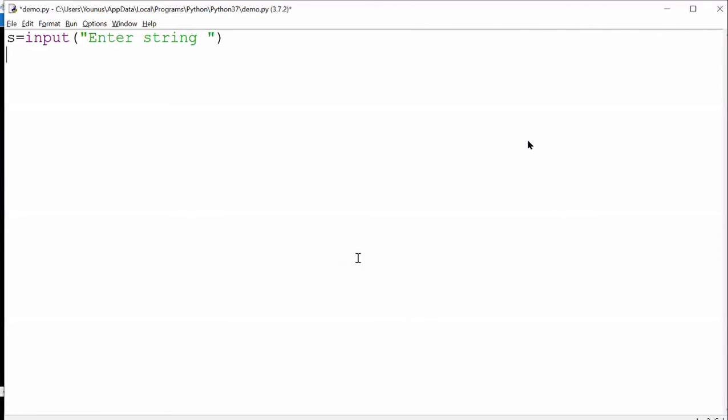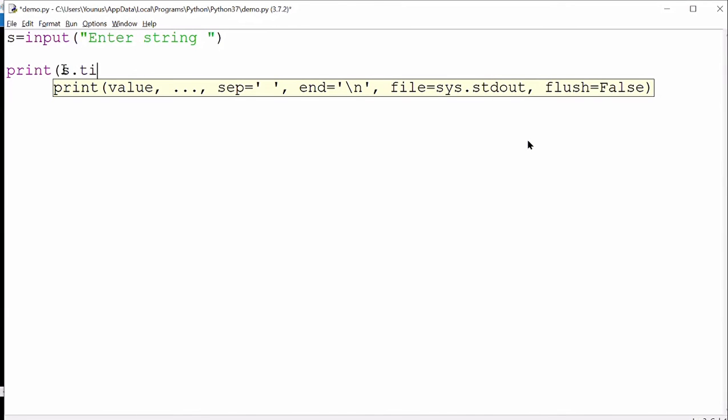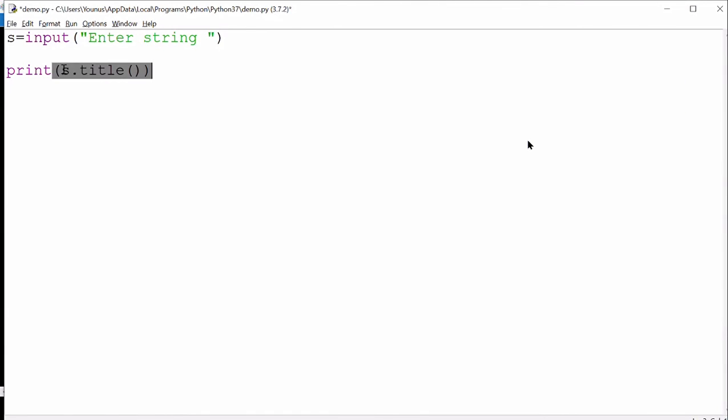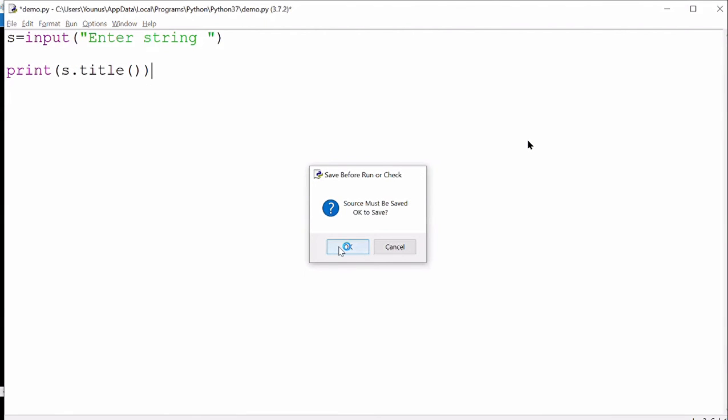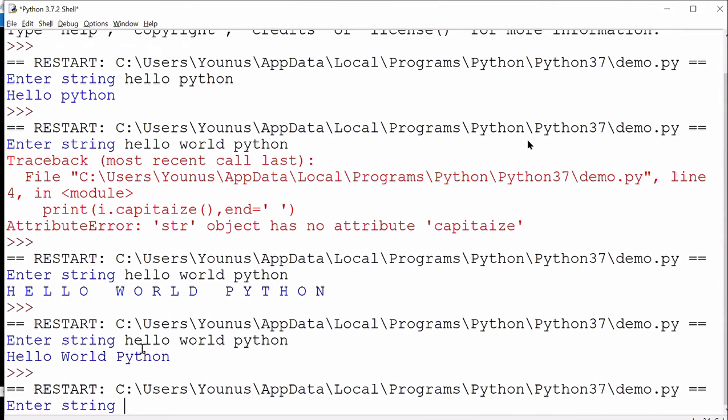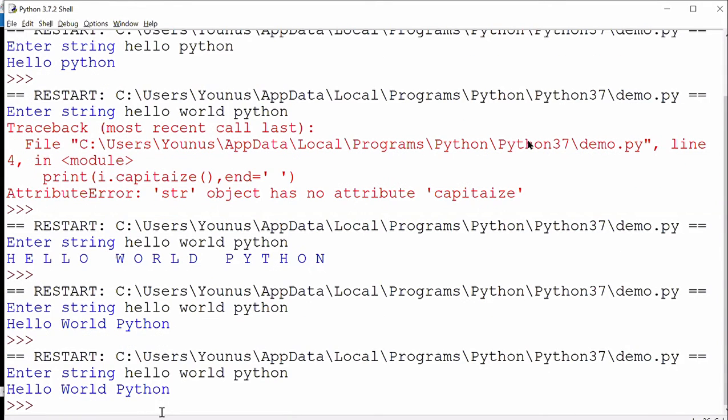Okay, now if you just go back here and say print s dot title, no need for a for loop and all. Simply you say s dot title, it will convert every first letter to capital. Capitalize will only make the first letter of the first word capital, but title will make every first letter capital. If I run this code, it gives the same output, every first letter capital, guys. I did this with my logic, and then this is with the title method. Getting the same answer.